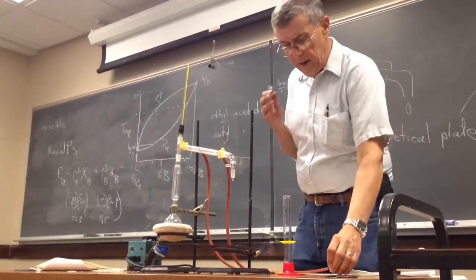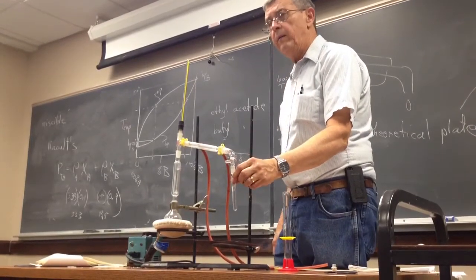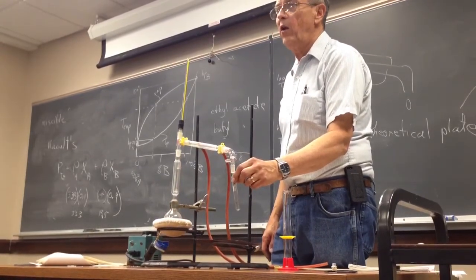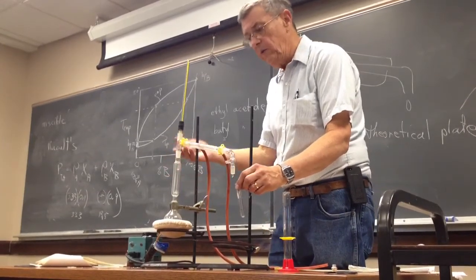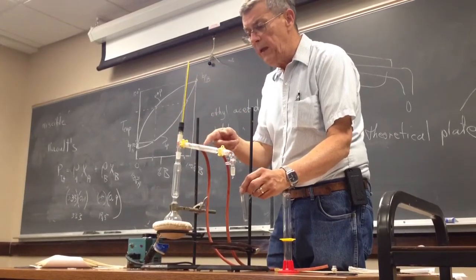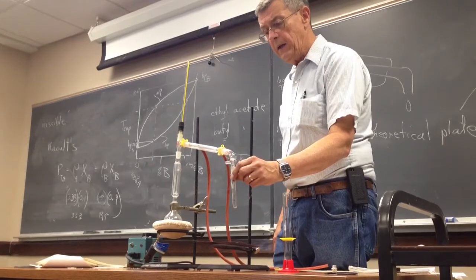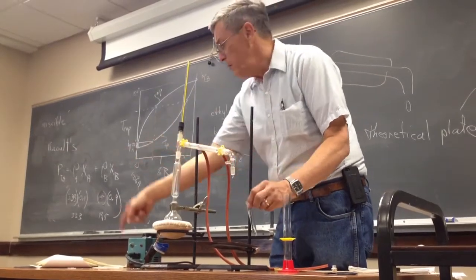I'm ready to collect. I take FA or SA, and then I hold it. Now, you don't just turn this on and then stand there and hold this thing, because you're going to be standing there holding it for about 20 minutes before anything happens. So you just watch the apparatus, and when you see that ring get up here and the temperature's going up and I'm beginning to see it's condensing over here, then I get my test tube and hold it over here. And I wait and I collect 2 mils in it. At the end of collecting 2 mils, I read the temperature, write it down,